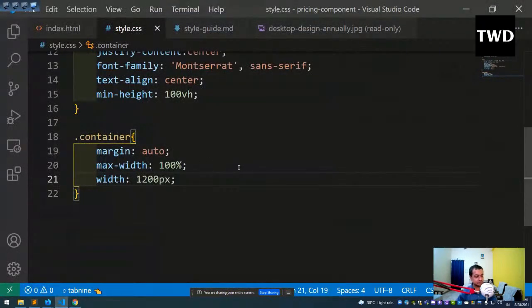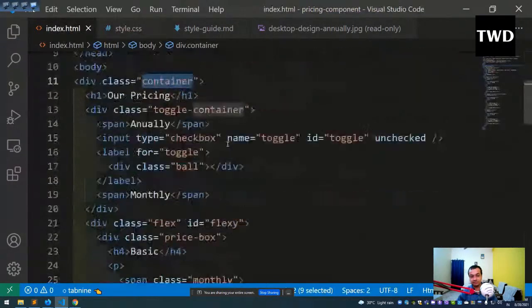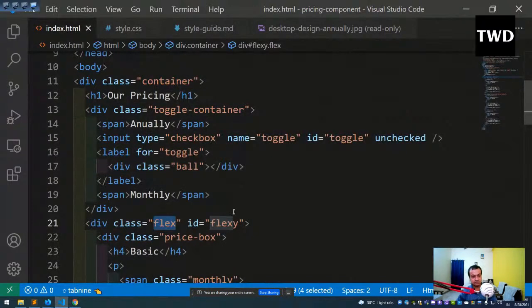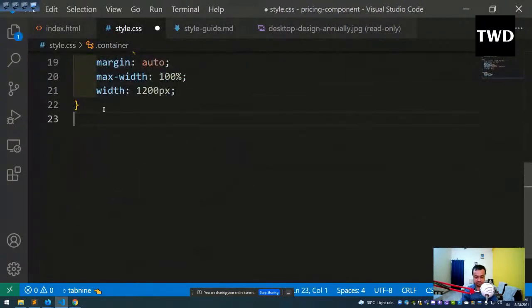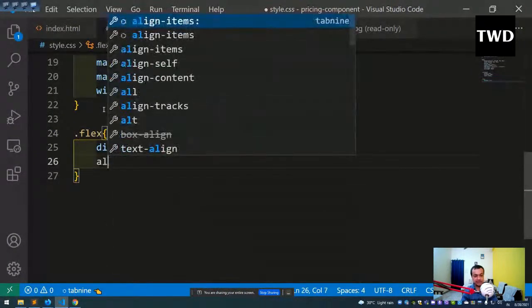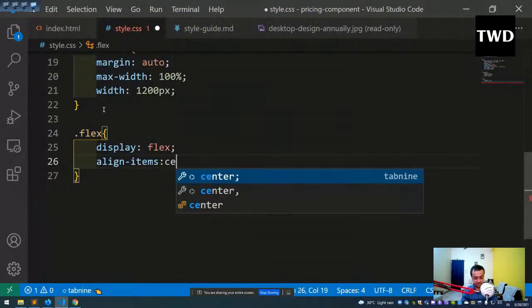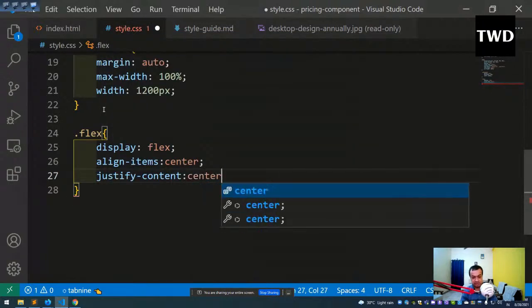So now that flexi class which we have taken, this display class flex and flexi, so this flex will take, and dot flex, display is flex, align item is center, justify content is center,